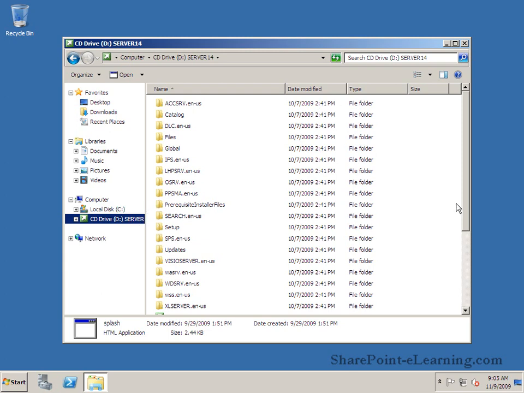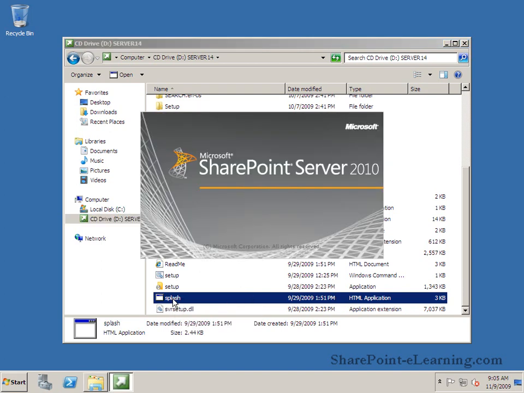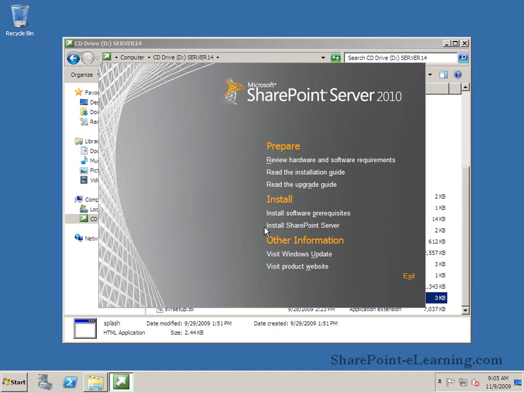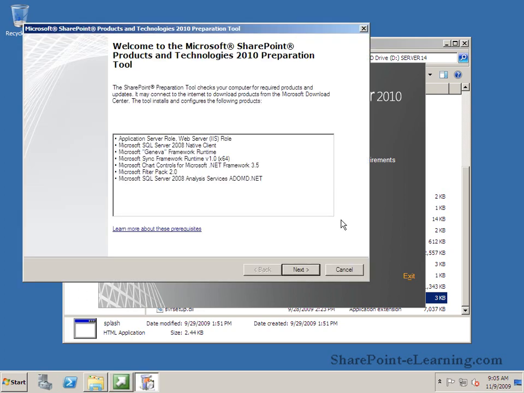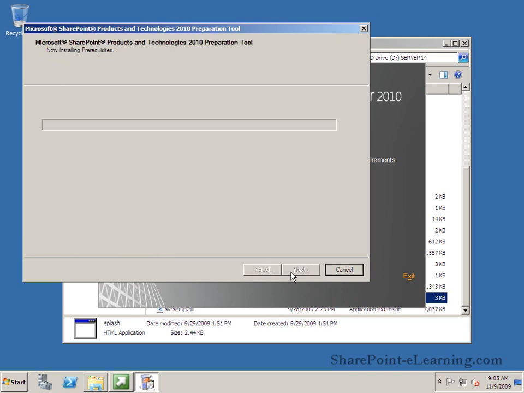The first thing I want to do is go to my DVD drive, which has the SharePoint Server 2010 DVD in it. And I'm going to start the splash screen to start my setup for a SharePoint server. Okay, so I'm going to go and install my software prerequisites first. I'll click on Next here, and it's going to take care of installing all the prerequisites that are necessary prior